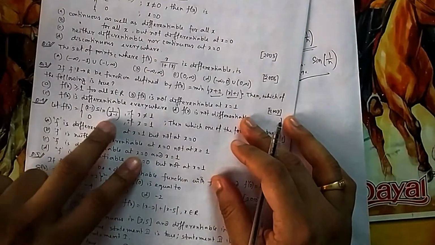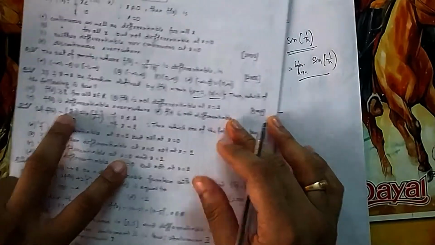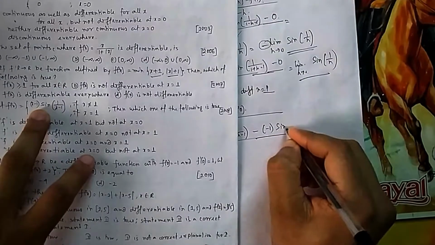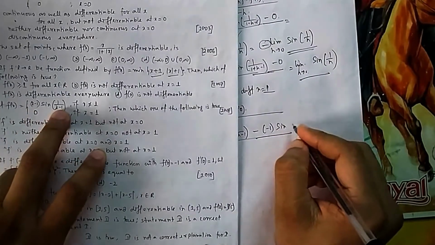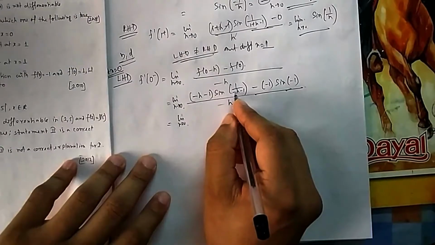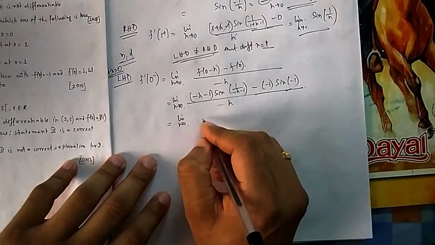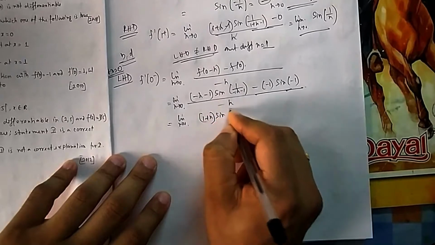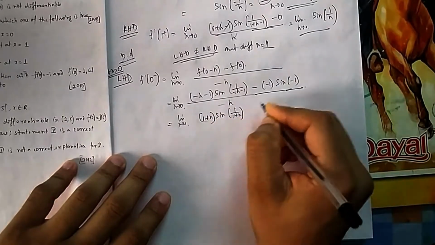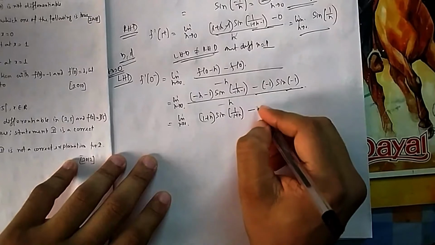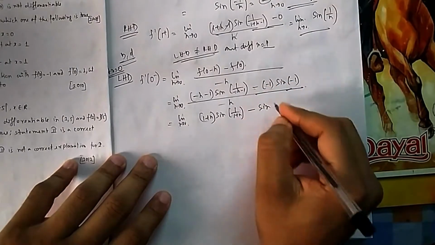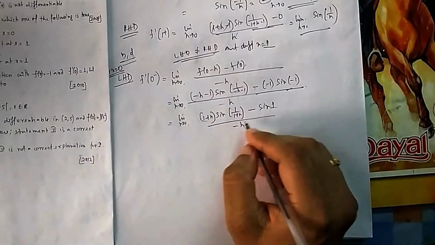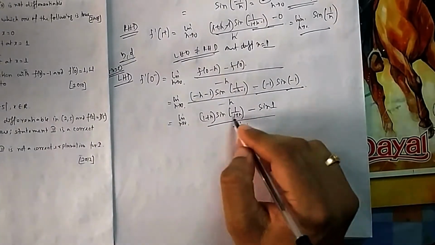If you put 0, then it will be 0 minus 1 minus 1, and sine of 0 minus 1 minus 1, the sine of minus 1. So minus you can take common, minus you can take common. So it will be 1 plus h sine of 1 by 1 plus h, and it will be minus sine 1. Minus minus minus, it will be sine 1 divided by minus h. Now if you put h equal to 0, it is sine 1 minus sine 1, that is 0 by 0